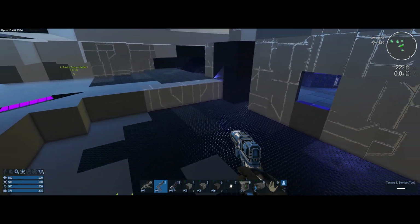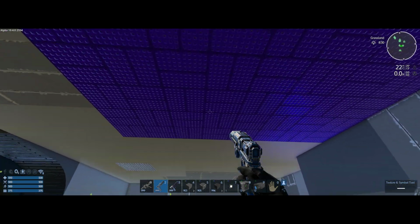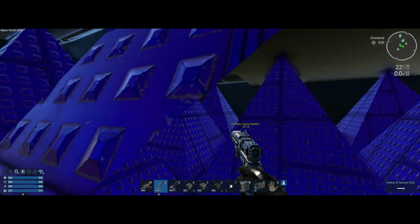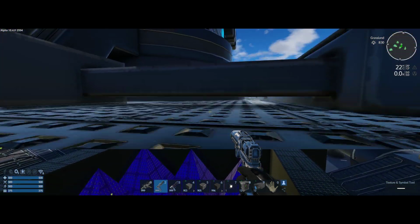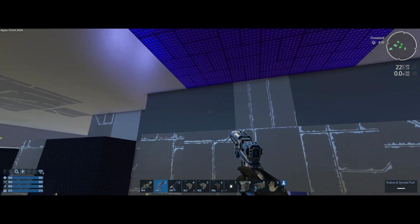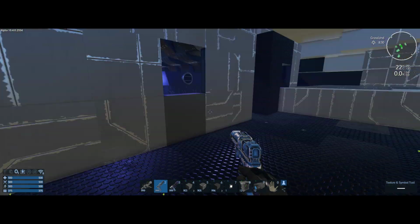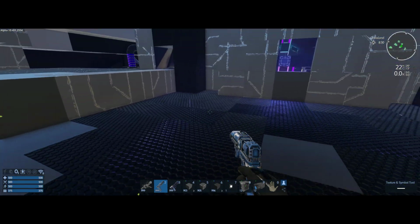So it's going to have some switches and ship function controls. This blue area up here is just to let me know where I've put in some lag shot block so far, and I'm probably going to make another layer of that over here. I've got some nice tall ceilings, and I'll probably replace a lot of this carbon substrate also with combat